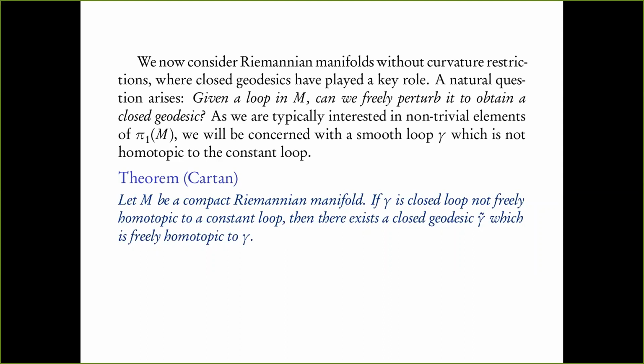Similarly, if you look at the hyperbolic plane, for example the upper half plane, one can show that the upper half plane has no closed geodesics for the same reason, that it keeps going to infinity. Okay? However, the sphere has closed geodesics, right? The great circles. And the sphere is the only one among the three examples that I just talked about which is compact. So compactness is essential. You cannot do this in a non-compact setting for the most part.